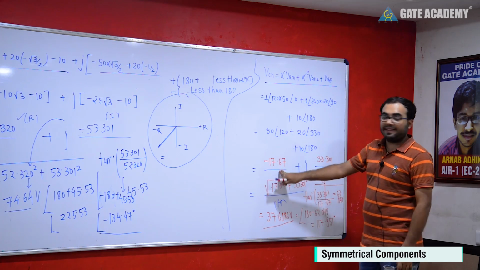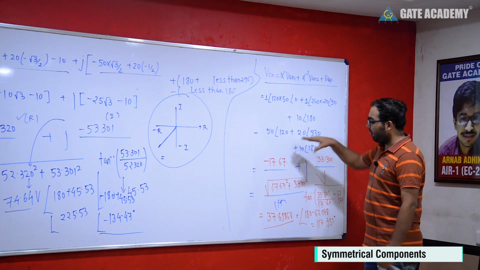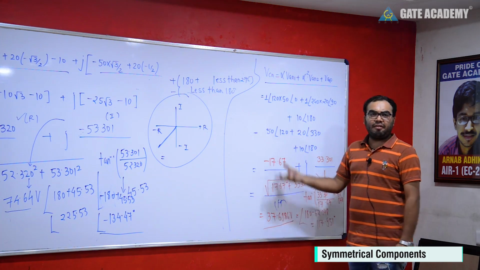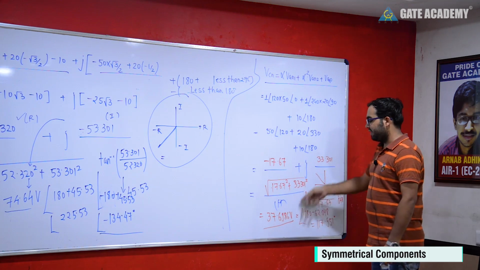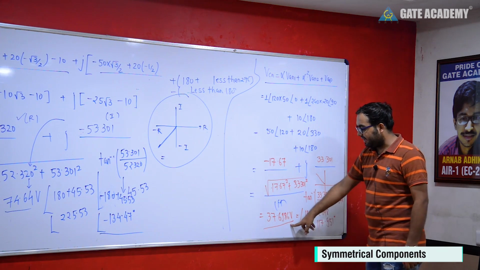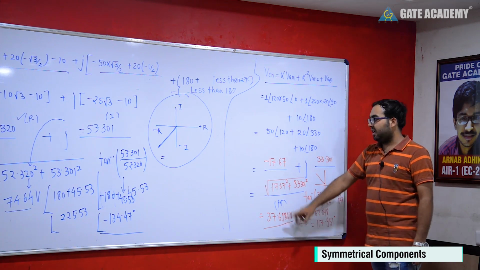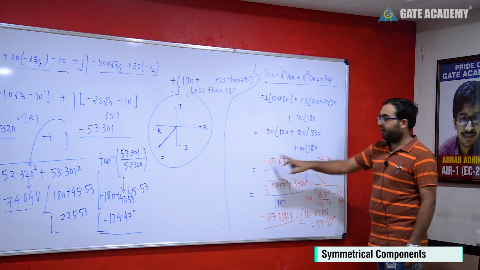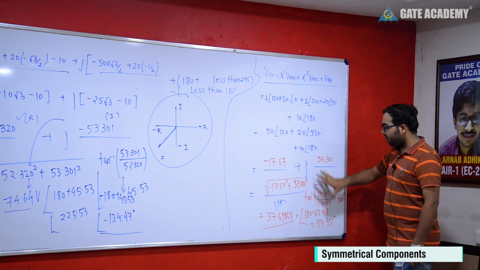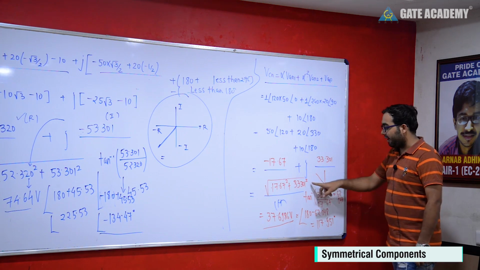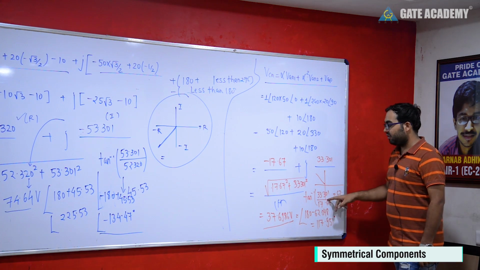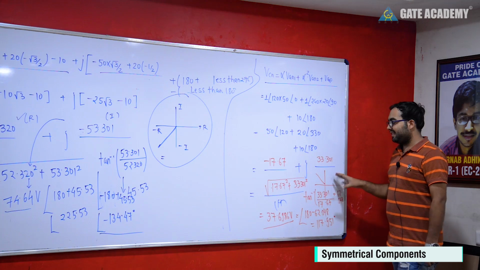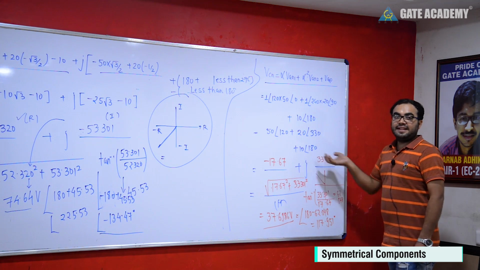we are getting the real part is negative, imaginary part is positive. If you want to find the magnitude, you only have to take the square of the real part and the square of the imaginary part. After solving, we are getting 37.6986. This is the answer. But suppose you need the angle, then you can see this is minus of real, this is plus of imaginary. So according to the quadrant system, this is plus of real, this is minus of real, this is imaginary, minus of imaginary. So according to the quadrant system, we are getting the operating point in the second quadrant.